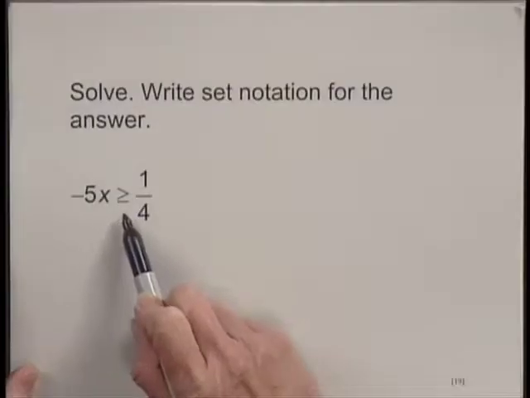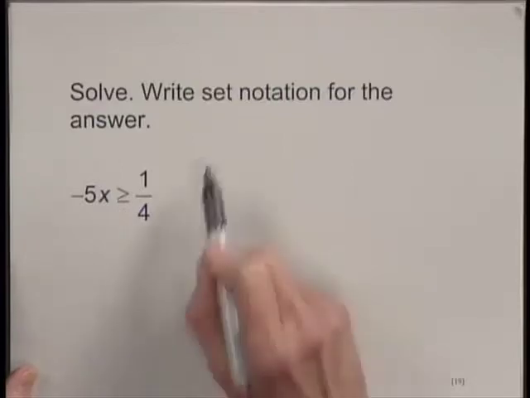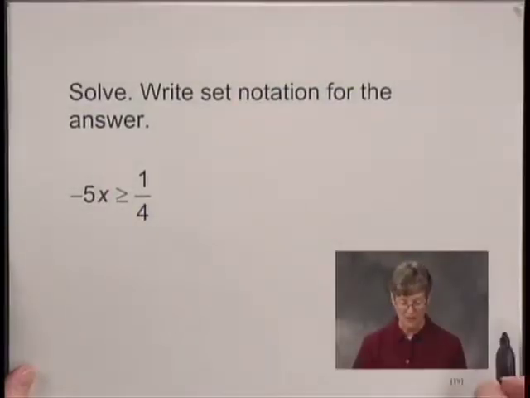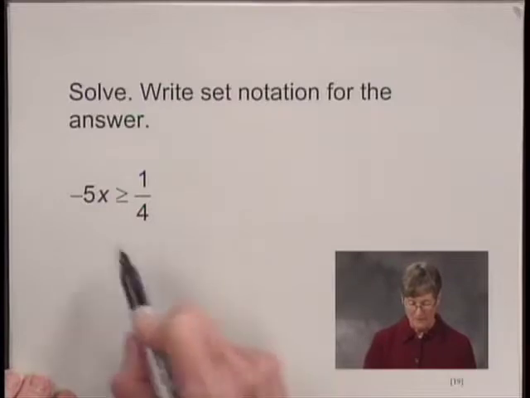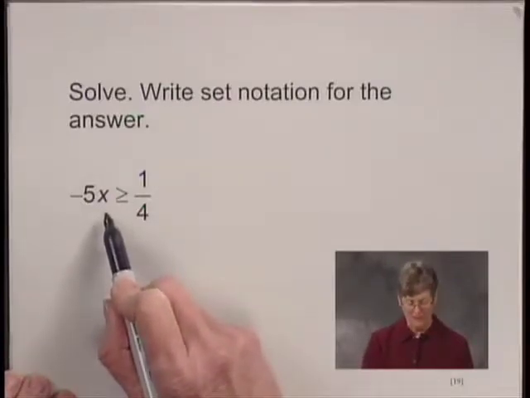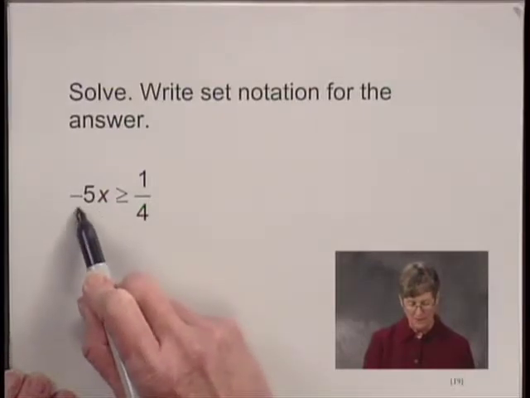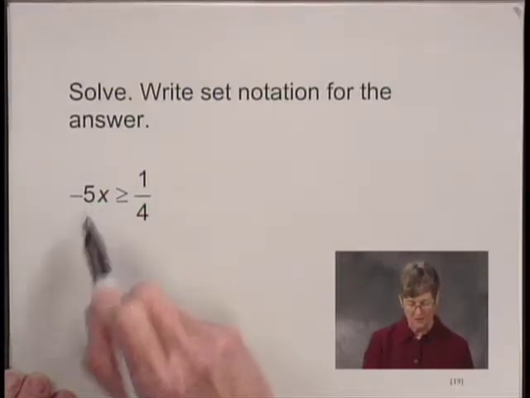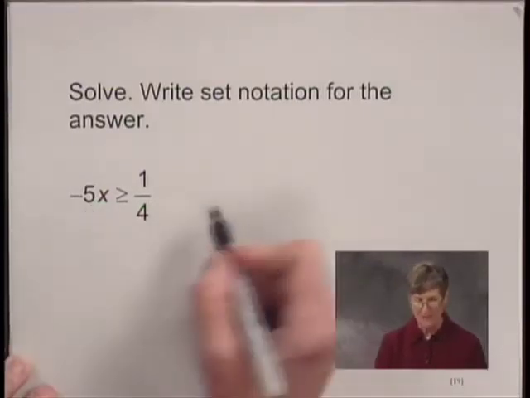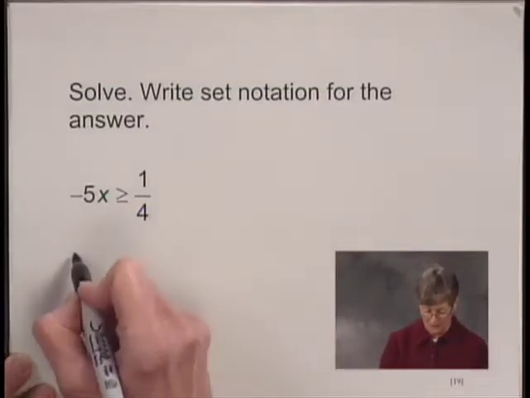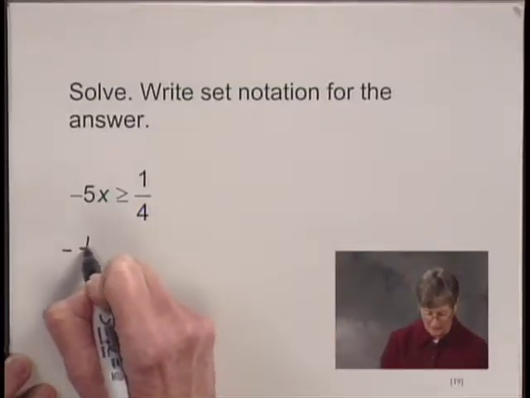We'll solve an inequality. The inequality is negative 5 times x is greater than or equal to 1/4, and we'll write set notation for the answer. Now, to get x alone on the left-hand side, I can multiply both sides of the inequality by the reciprocal of negative 5, which is negative 1/5. I'm using the multiplication principle for inequalities to do this, so I'd have negative 1/5